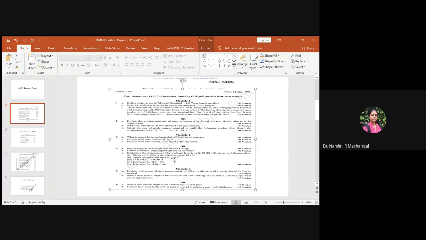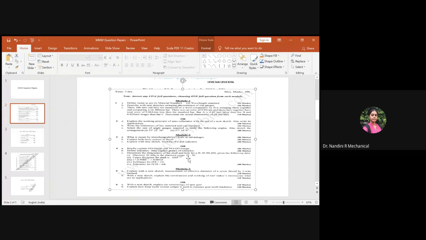Upper deviation for the shaft is also mentioned. The value of i is given. The tolerance for IT8 is also given for the hole basis, and tolerance for IT10 is given for the shaft basis. And always the hole basis will be represented by capital letters and the shaft by small letters. You know all this. Okay, no need for me to explain again.